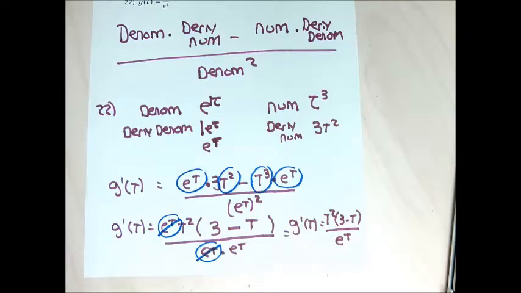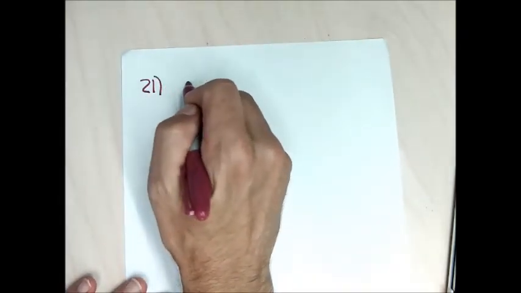Let's do 21 with you, just in case you need to see it, because I'm not going to do 23 and 24. So if you are working with 21,